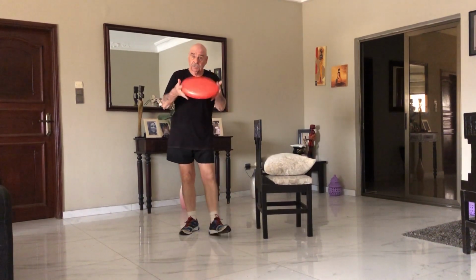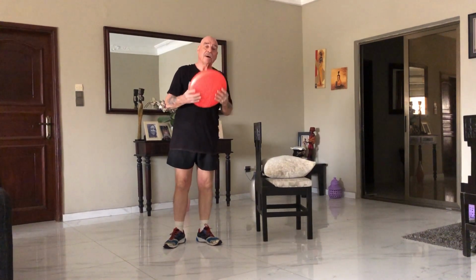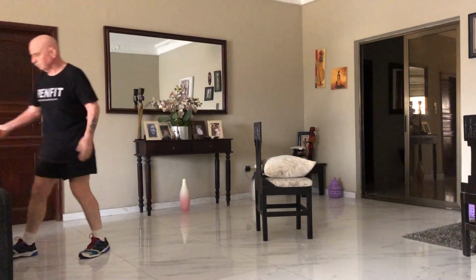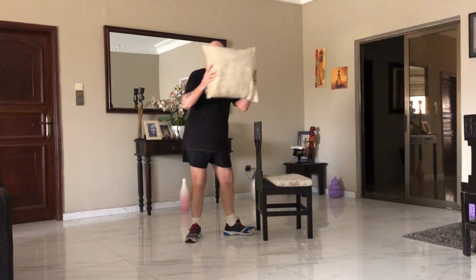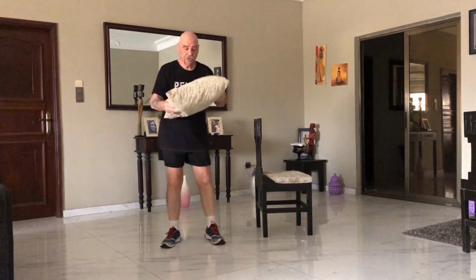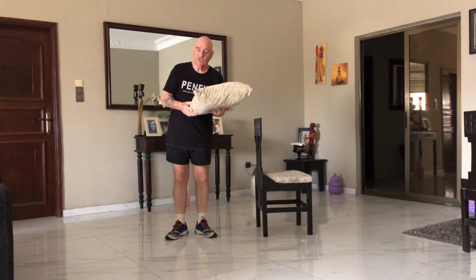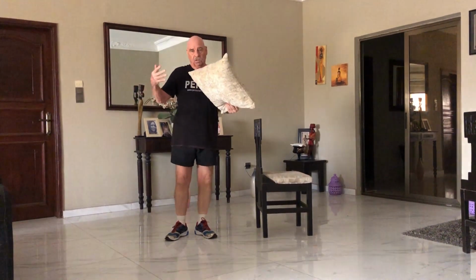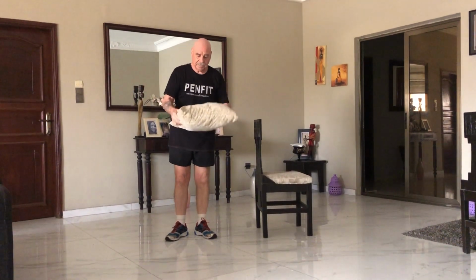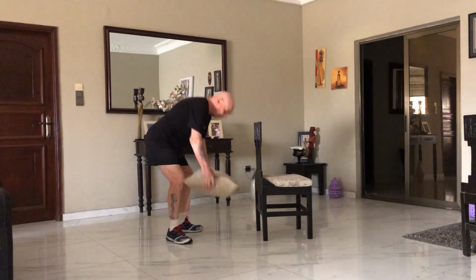It's a great tool to use for balance. Works very well, but it costs money. At home, without spending a penny, you can use a cushion. Now, if you stand on one of these cushions and it goes flat, it's no good. So what you have to do is unzip it and put a couple of tea towels, a couple of hand towels or something in